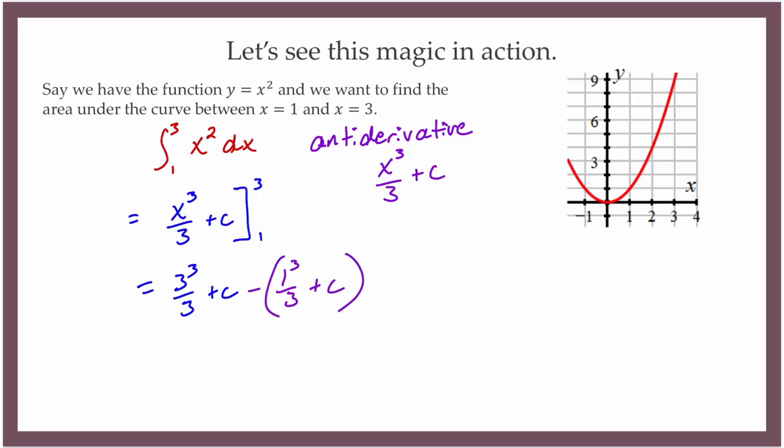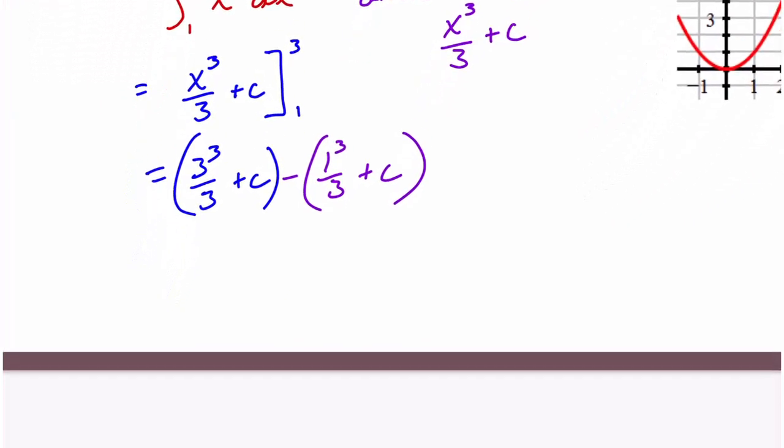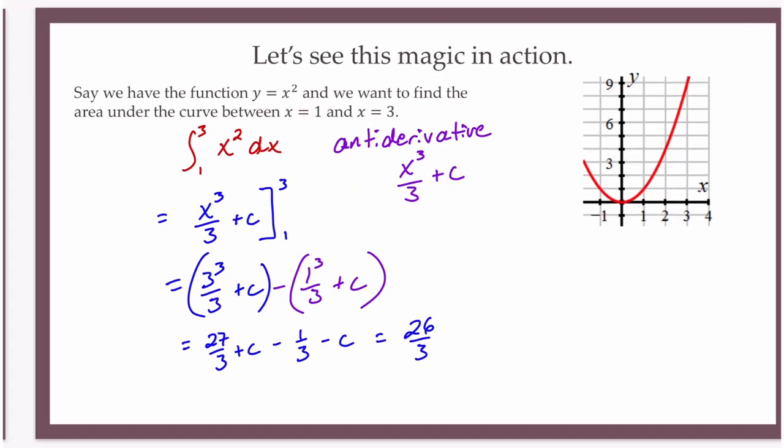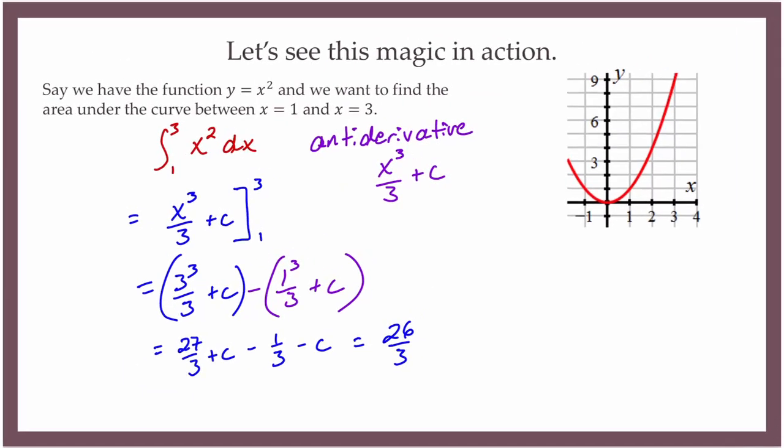Put some parentheses here. Now remember, c just represents some constants. I have 27 over 3 plus c minus 1 over 3 minus c, because I distributed that negative. And you can see that the plus c and the minus c, those are going to disappear. They'll just become 0. And then 27 over 3 minus 1 over 3 becomes 26 over 3. So 26 over 3, or 26 thirds, that is the true area under the curve from 1 to 3,